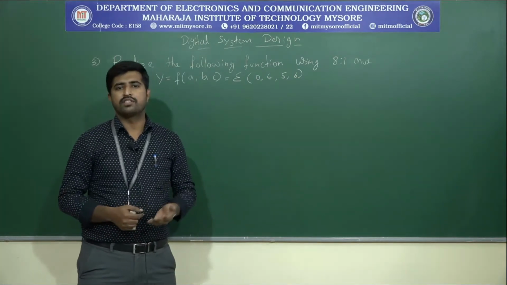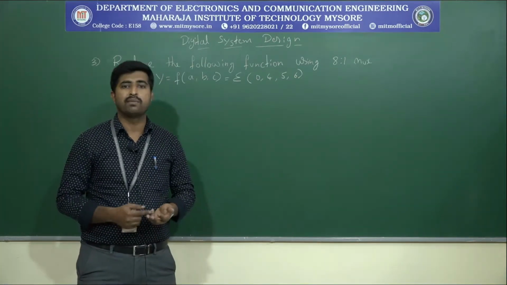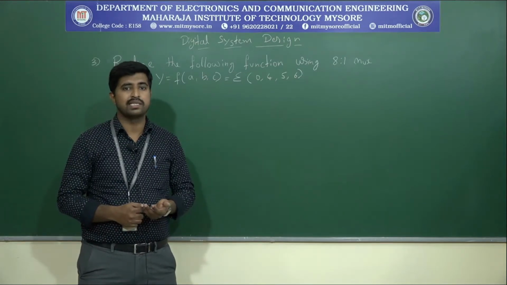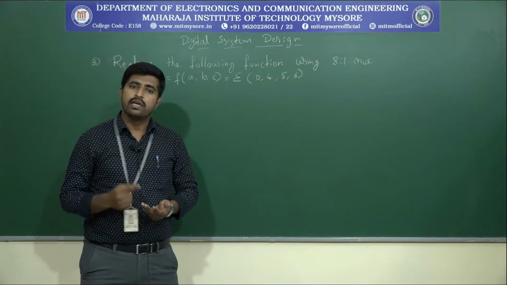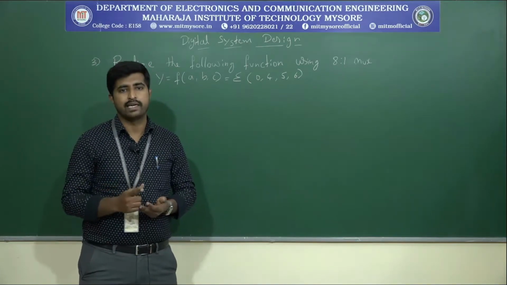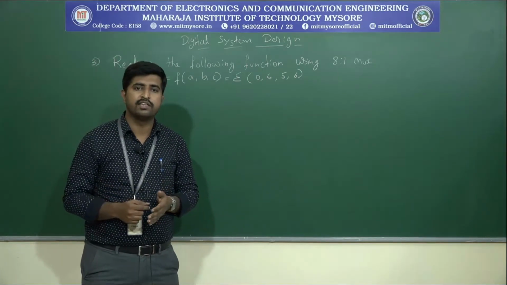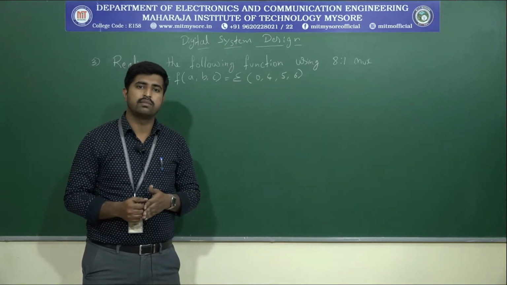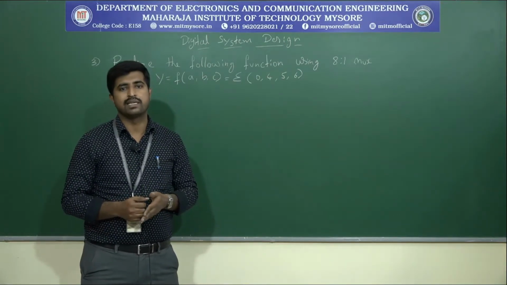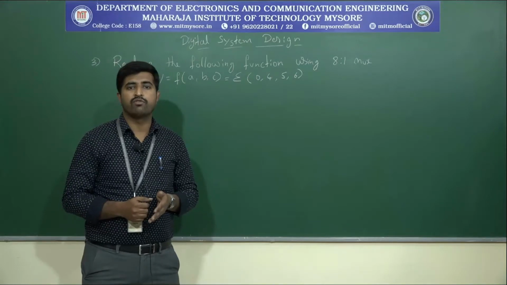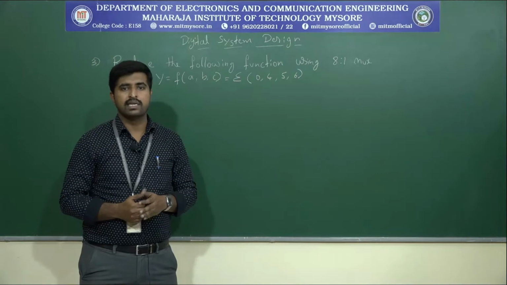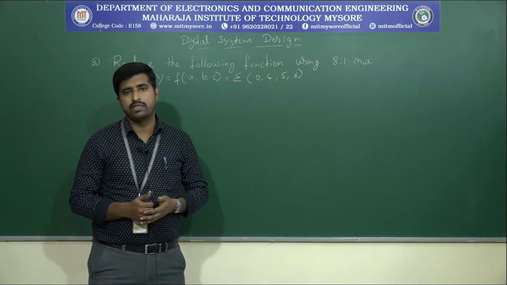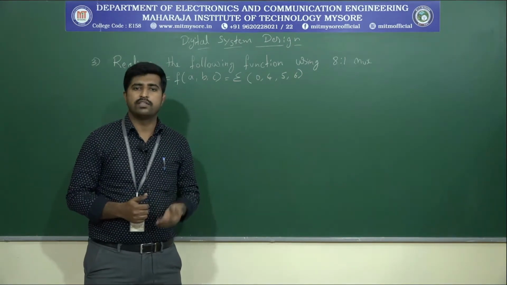In the last class we understood about the multiplexers. So what is a multiplexer? A multiplexer has multiple inputs and a single output. We connect any one of the inputs to the output at a time, right? And then we understood there are different standard commercially available multiplexers like 74151, 74153, 4:1 multiplexers and 8:1 multiplexers, and we solved some problems on the 4:1 mux and the 8:1 mux.